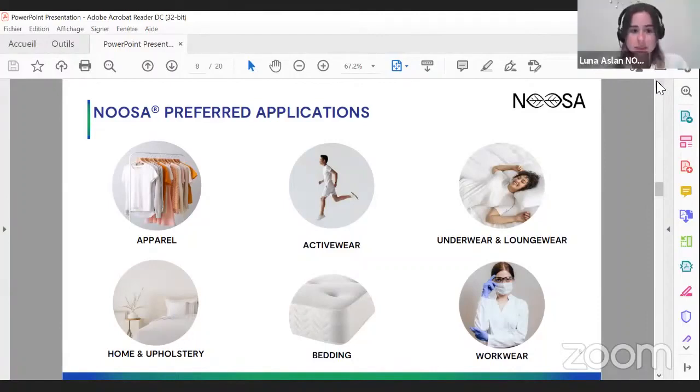Sure, it's definitely a good question. It's true that when I started Noosa, I really only thought about the fashion industry. It's only after that I realized there were more technical industries. As you mentioned, I think today this is where you have the biggest interest, but to me, it's a very long shot because you also have to educate the end customer, have all this logistics. And for that, we're lucky also because the European Union is putting quite strong incentives and legislation for textiles, but I think it will come in a second time. Today, I focus priority